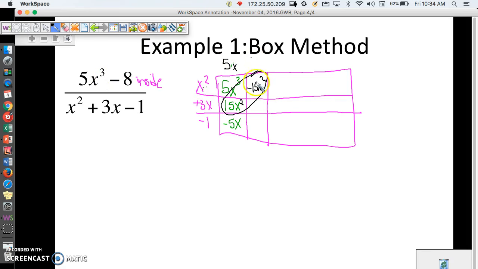x squared times what gives you negative 15x? Well, that would be minus 15. And now we multiply it out. Negative 15 times 3x is negative 45x. Negative 15 times negative 1 is positive 15. And then since it's our number here, the next column is going to be our remainder. So when we look here,